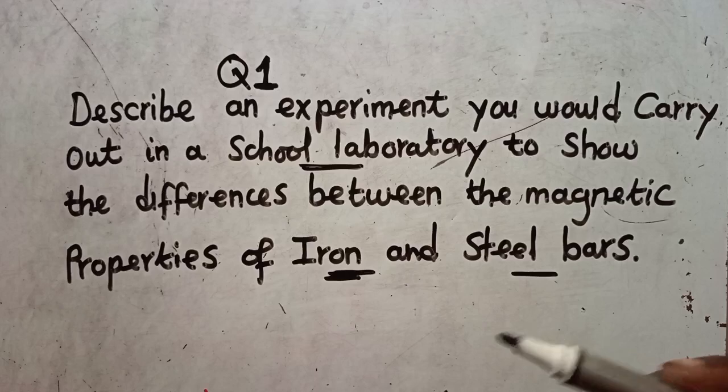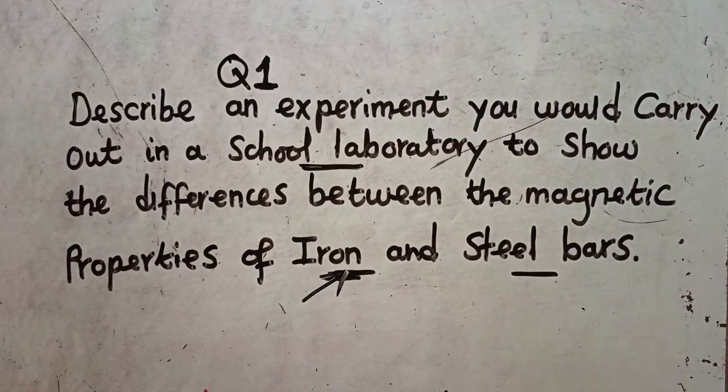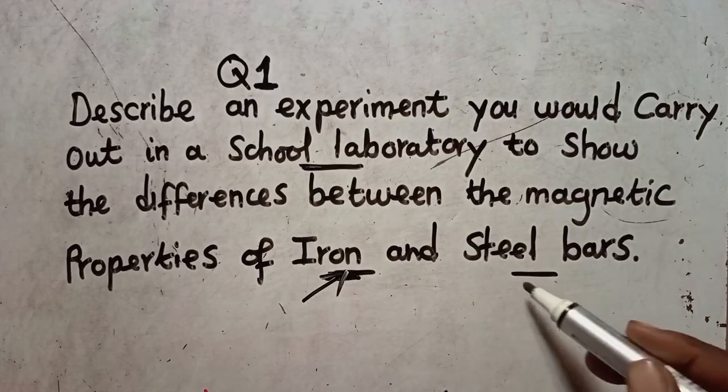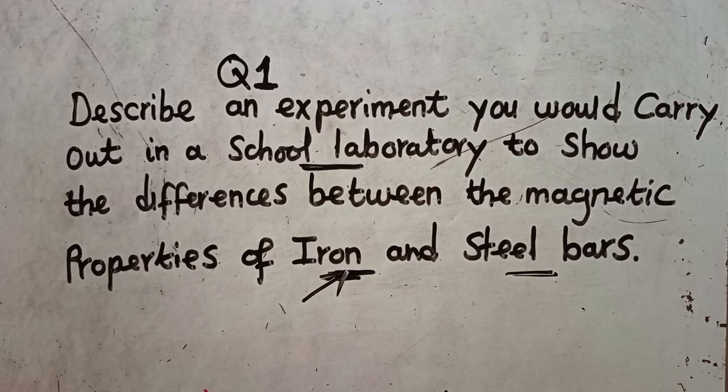You know that iron is easily magnetized as well as easily demagnetized. Steel is difficult to magnetize and difficult to demagnetize. So they want you to carry out an experiment in a school laboratory. The first thing you need to do is take the iron bar and the